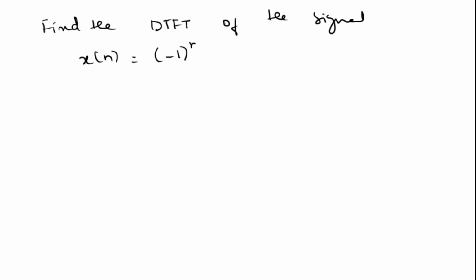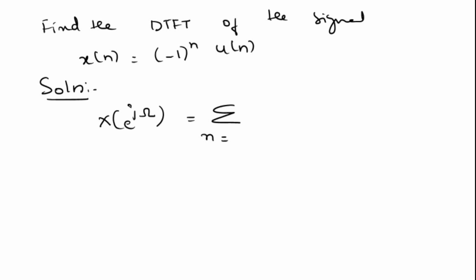Find the DTFT of the signal x of n is equal to minus 1 to the power n into u of n. We know that X of e power j omega is equal to summation n is equal to minus infinity to